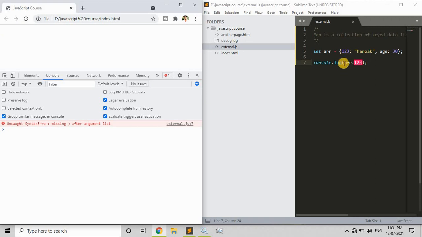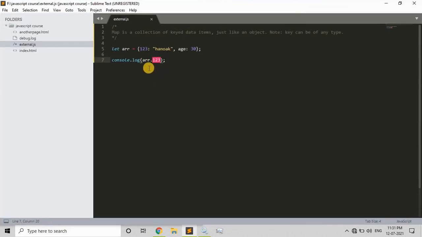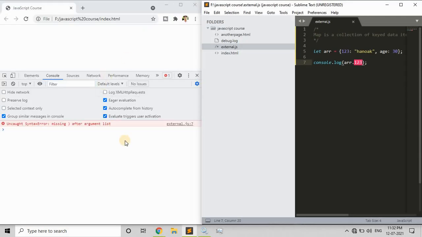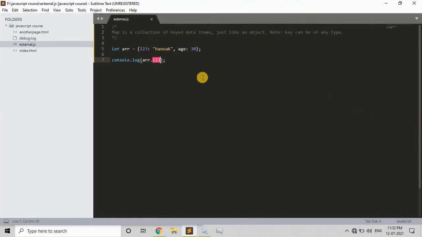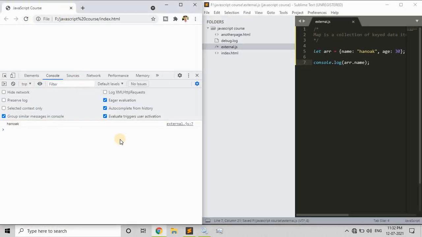ARR is obviously an object, but when you have a number as a key for an object element, you'll not be able to access it, right? So it's giving an error. Now I will just rename it to name as an element of that object, and now we'll be getting that value as Hanok, right?